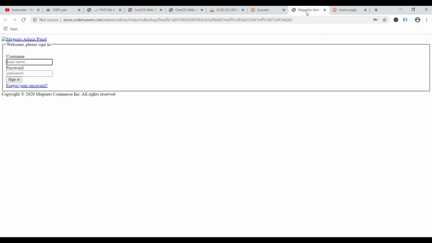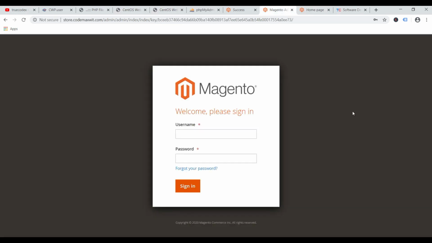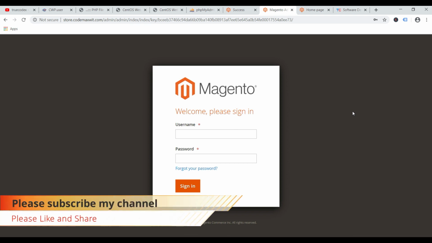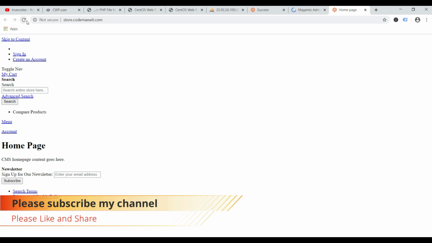Now refresh this page, the admin page. Now the CSS and JS loading issue has been solved and the admin panel is working fine, and also refresh this front page, the store URL.